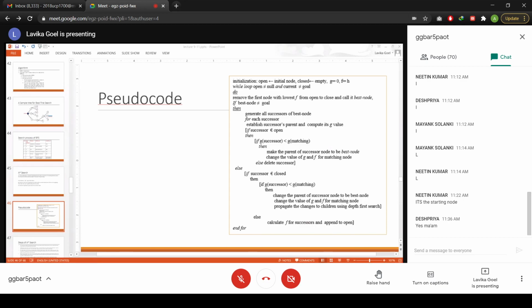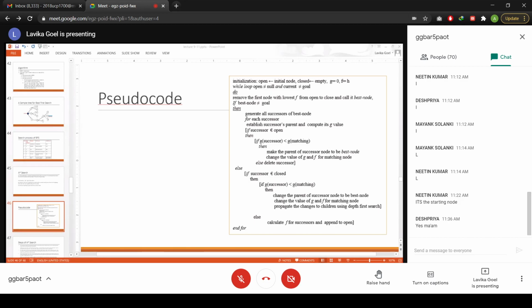Okay, ma'am. So the G value is telling you the cost of reaching that node. Suppose there is a node B and B is there now also and it was previously also generated through some other path. Then it will have a different G value at that time, and now it has got some different G value, right? Because the path is different. So G value depends upon the path. So we need to find out which path is better, old path or new path.